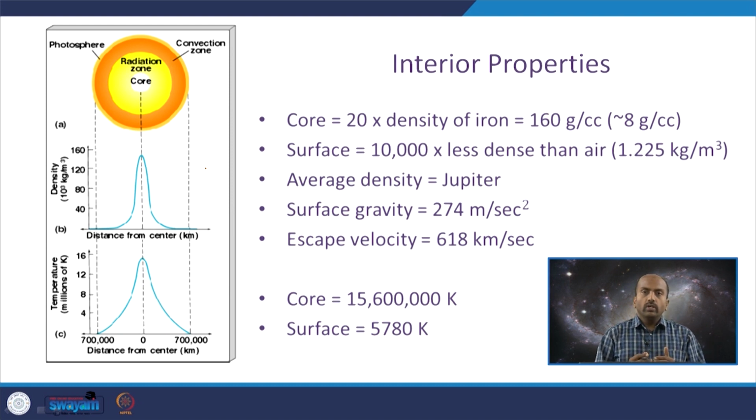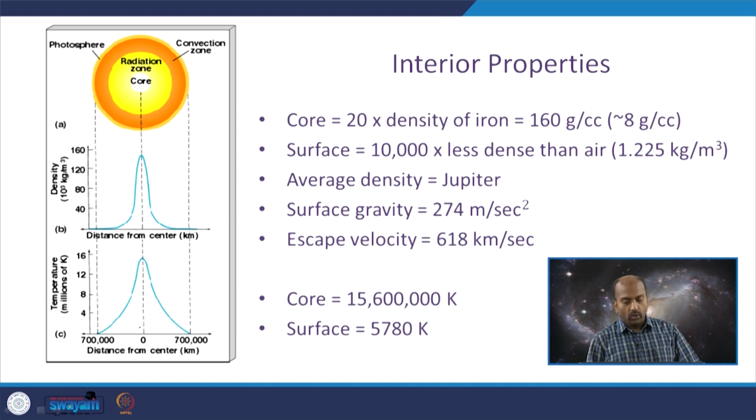Below the photosphere we have what we call the interior. From the figure, you can see that the density of the interior is maximum at the core, at the center of the star, and the density decreases as you travel away from the core. That means radially the density will decrease, and at the same time the temperature, as we know already,